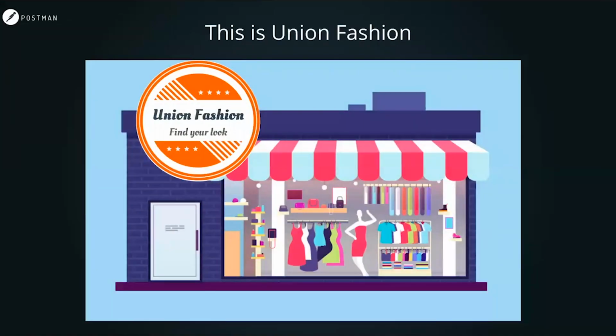So to help lead these conversations here at Postman, we've been working on a reference implementation that is going to help us focus how we tell stories, how we do demos, how we do webinars like this around a common business that is something that's familiar and relevant to a lot of people. So we've started Union Fashion, which is just a basic e-commerce company that can hopefully demonstrate how API first can actually make an impact when it comes to delivering APIs and meeting their customer and business needs.